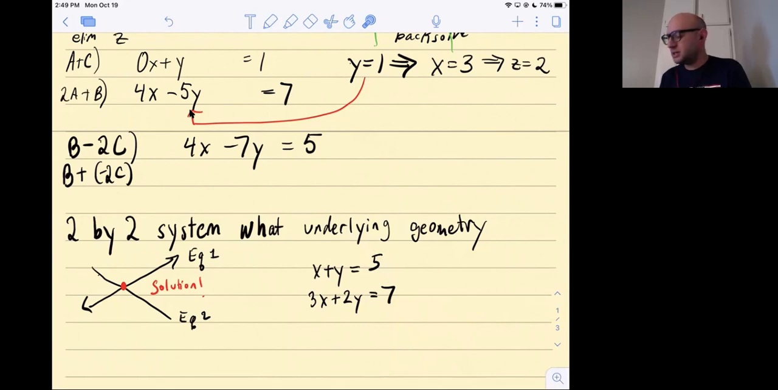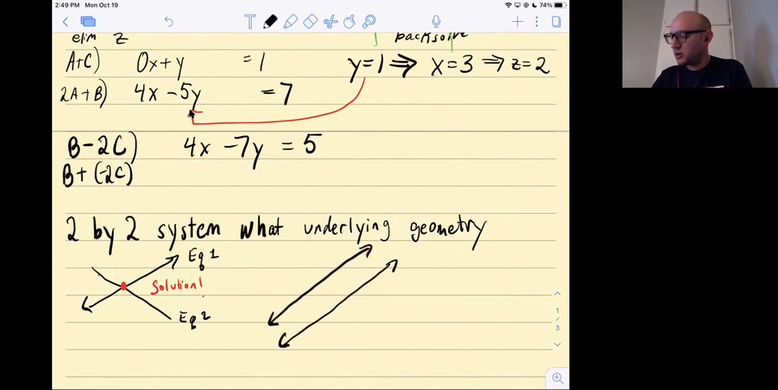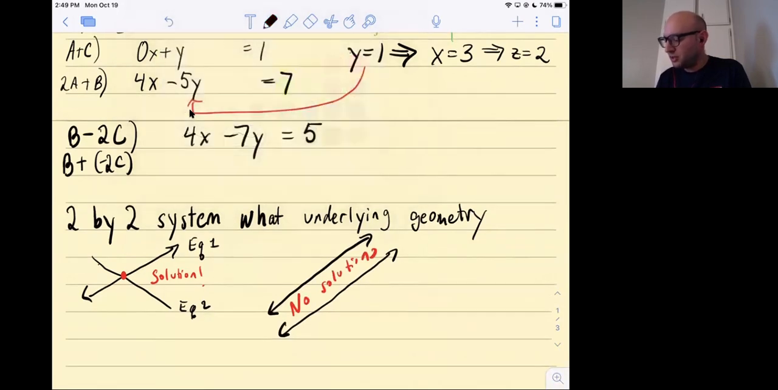So we saw with two lines that there are three possibilities. There's either one solution, or possibly no solutions. This is when after elimination, you get things like 0 equals 3 or something. You get something crazy where it doesn't make any sense after elimination. Or you can have infinitely many solutions,